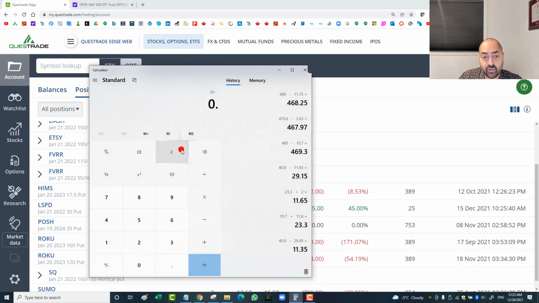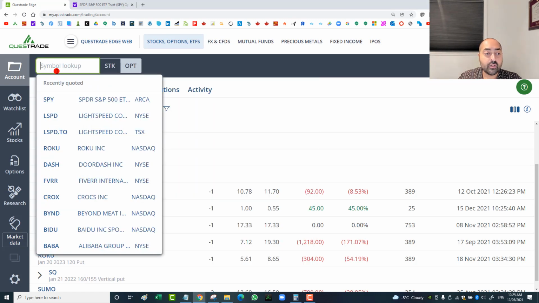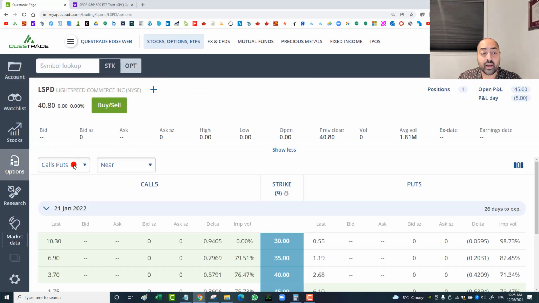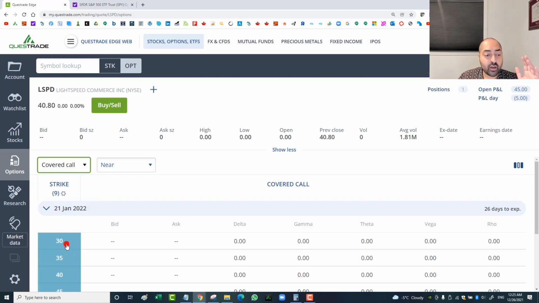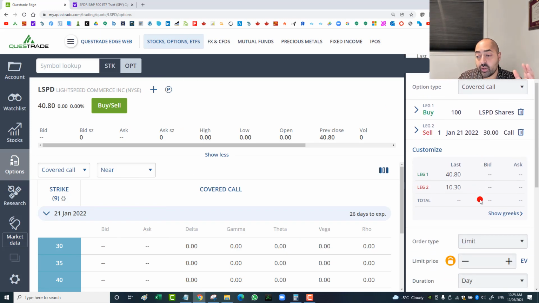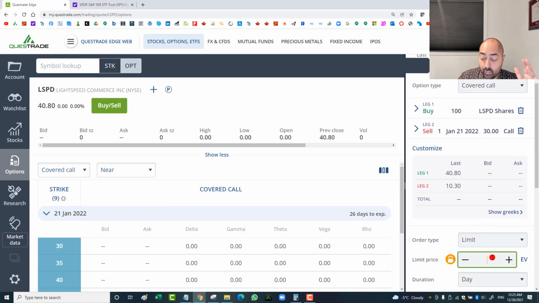So 30 minus 55 cents, so my break even is 29.45. So now this has to be my net cost for the covered call that I'm gonna buy. If I go open a covered call on Lightspeed, I need to make it at the same strike, same expiry. I don't have to make it complicated. I just have to make sure that I'm paying not more than 29.45, and that will be the same thing